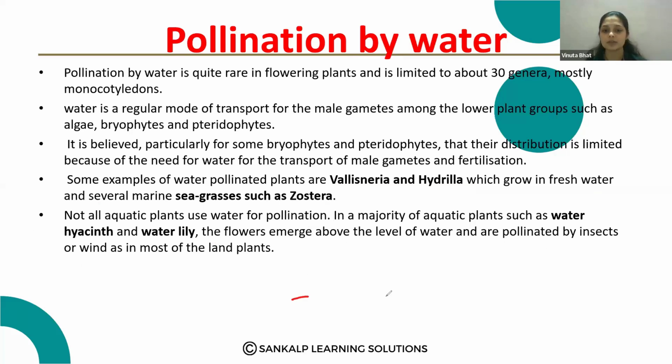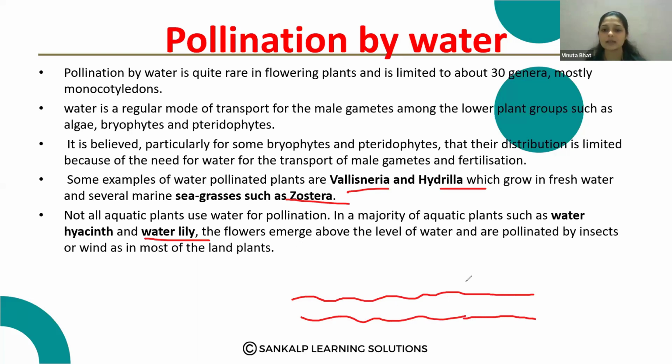Just imagine, this is the water level. Okay. So some plants like Vallisneria, Hydrilla, Zostera, they use the water for the transfer of the pollen grains. But some plants like water lily, water hyacinth, they grow, just imagine, this is the water lily. So that is growing above the level of water and which is having the stigma. Just imagine this is the stigma